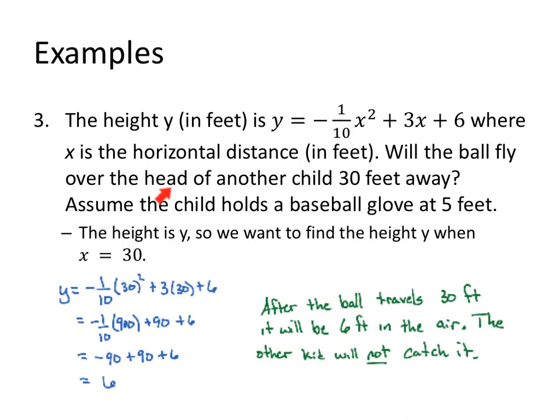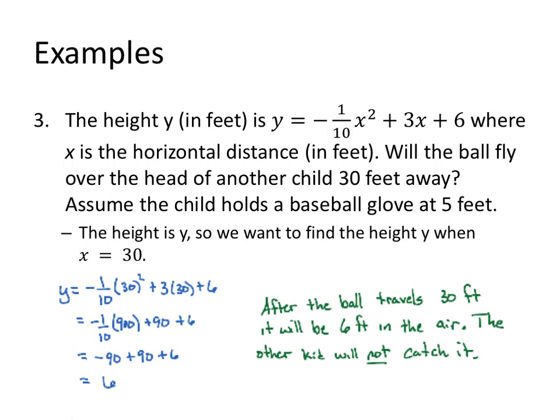Alright, so the height is y. I want to know if they're 30 feet away, horizontal distance in feet, what's going to be the height of the ball? So let's put 30 in everywhere we see an x. Replace the x with the parentheses and 30 inside. I'll have a -1/10 times 30 squared plus 3 times 30 plus 6. 30 squared is 900. 3 times 30 is 90. Don't forget the plus 6 and the -1/10 out in front. -1/10 of 900 is -90. Plus 90 plus 6. The -90 and the positive 90 cancel each other out, give us 0, so it's 6